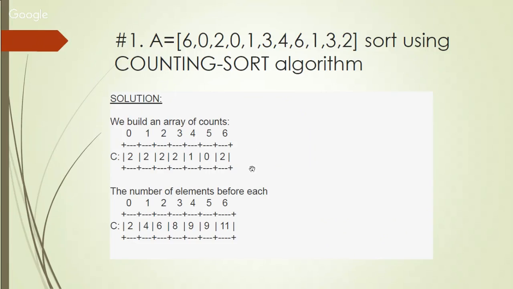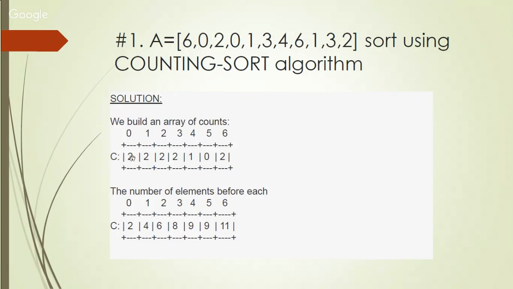Good. After I've done that, the next step is the number of elements before each. Therefore, what shall we do? We'll create another array C. I'll call it new C. We shall drop this 2 first here. Then 2 plus 2 makes 4. 2 plus 2 makes 6. 2 plus 2 makes 8. 2 plus 1 makes 9. 9 plus